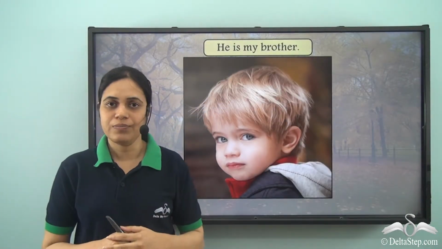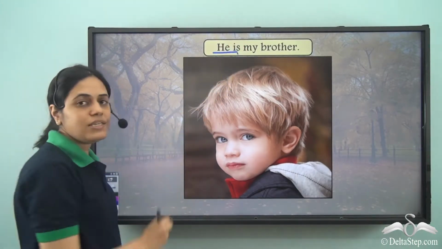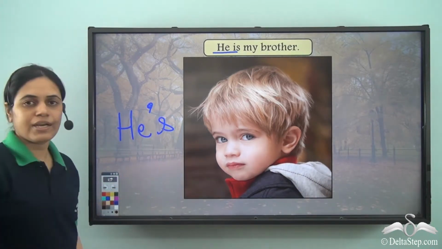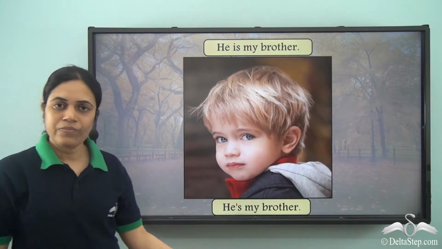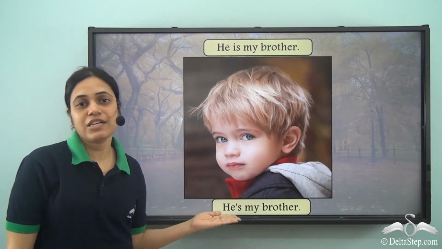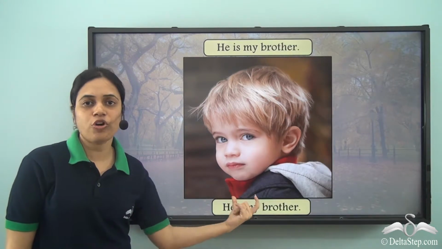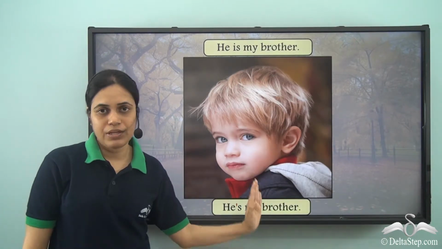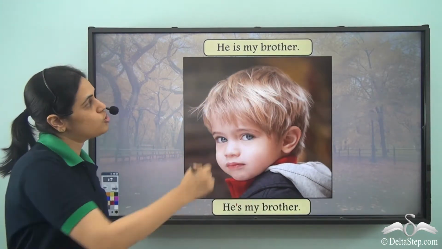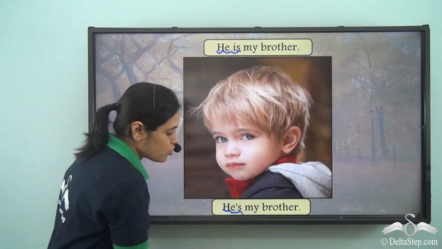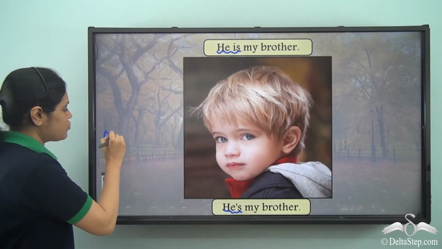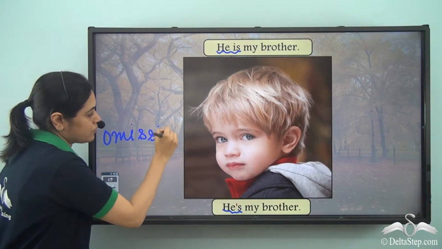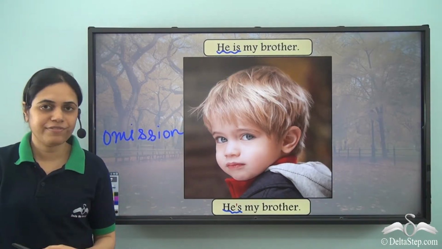He is my brother. Now once again we have he is, and I can write it in short as he apostrophe s. He is my brother. So even in writing as well as in reading it, it's very crisp or short. So this was much quicker than saying he is my brother. Two words have combined to give a single word. So it is used for omission of letters or words.